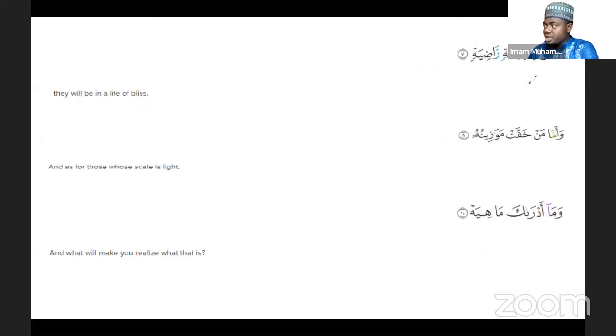So we didn't pronounce the tanween of this completely because of the gunna. الغنة ناقصة, right? فهو في عيشة راضية. So you pronounce the ra with shadda, so you cannot do gunna before the ra. It's not work. So you've got to do the gunna, lesser or not. So this is an incomplete gunna, category of gunna. We've talked about this maybe a month or 2 months ago about gunna and the categories of gunna.